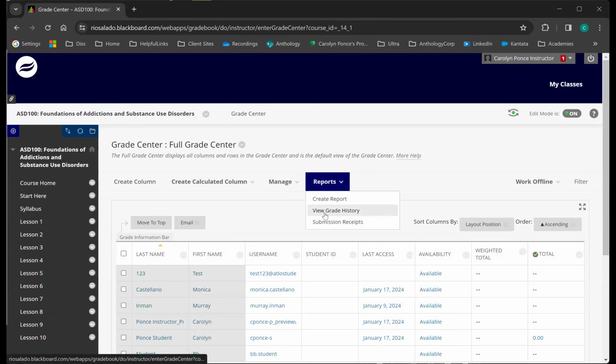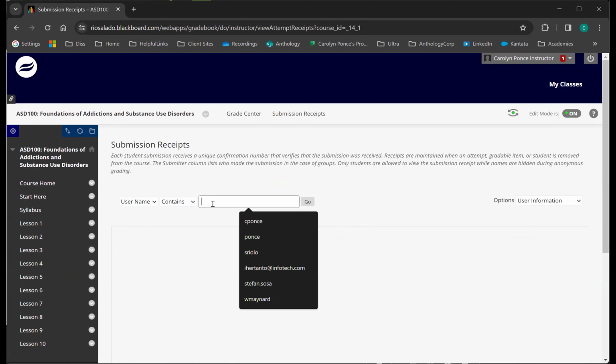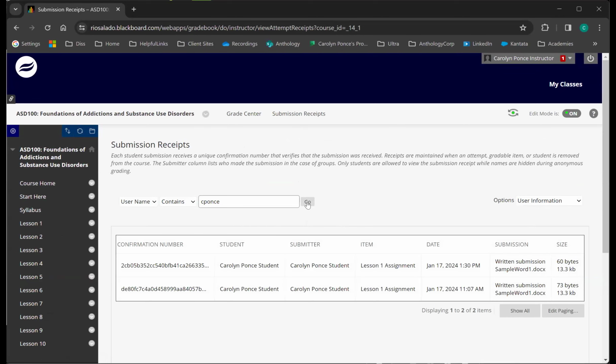The other report is the submission receipt. So under report and then submission receipt, the instructor can look up a particular student. They'll need their username or their first name or their last name. And then they can see the submission receipts from that student.